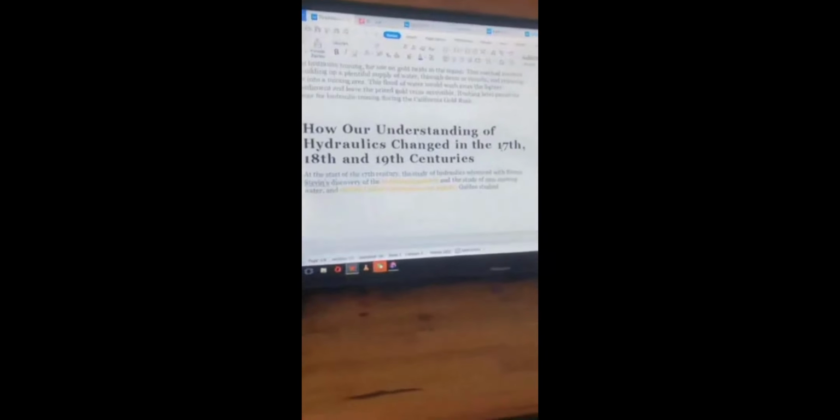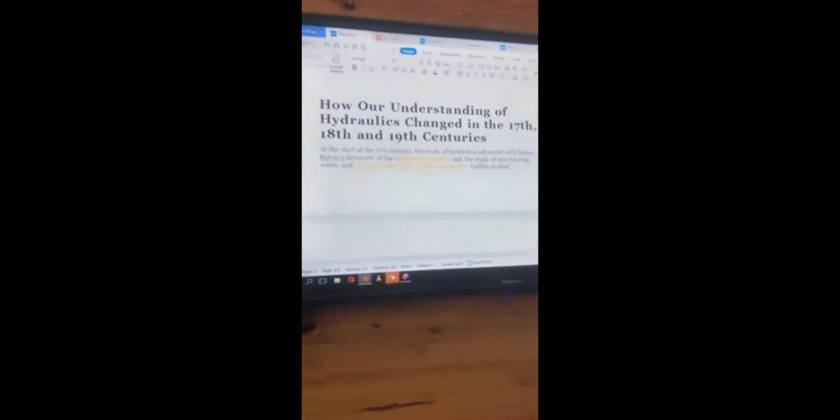So how did our understanding of hydraulics change in the 17th century and 19th century? At the start, hydraulics advanced with Simon Stevin discovering the hydrostatic paradox and the study of non-moving water. Galileo, the observation of gravity, as you know, developed gravitational acceleration, which played into the movement of water. His students included Evangelista Torricelli, who is Italian, who applied the knowledge of liquid jets and the liquid barometer. So as you can see here,